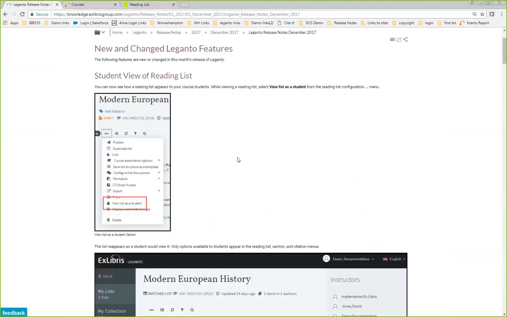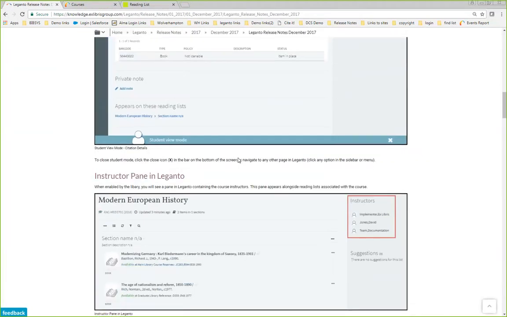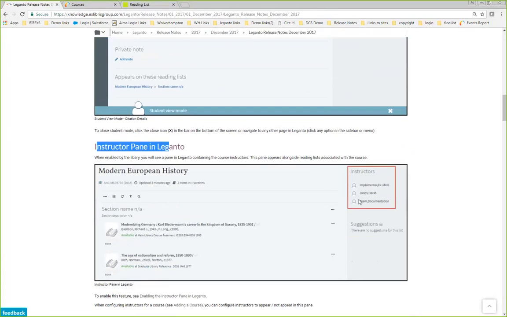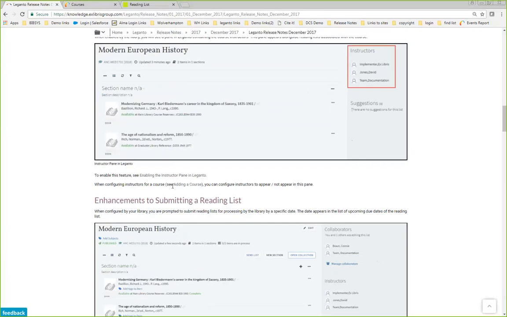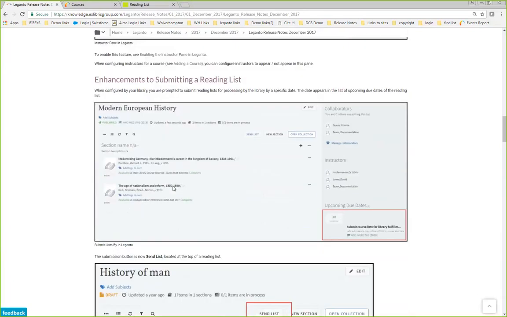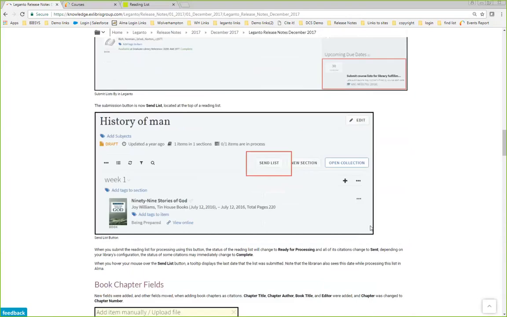Okay. The instructor pane in Leganto, we just discussed that. Let me see what else. Okay, this is the other part of how you see a list to be submitted by a specific date in Leganto. We already discussed that as well. Okay, next thing, which is also part of